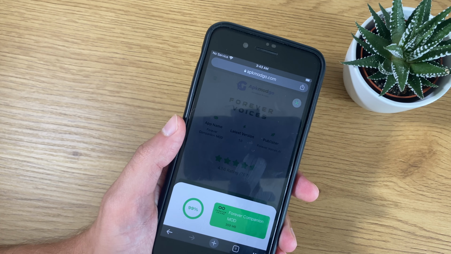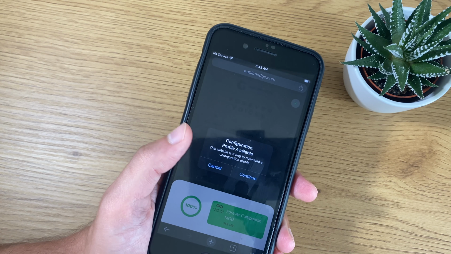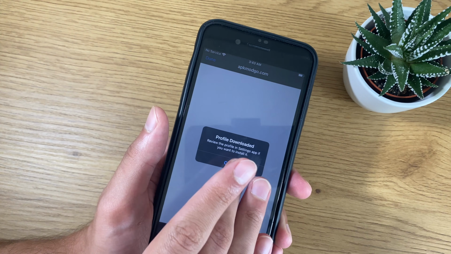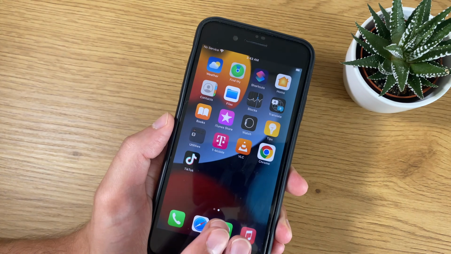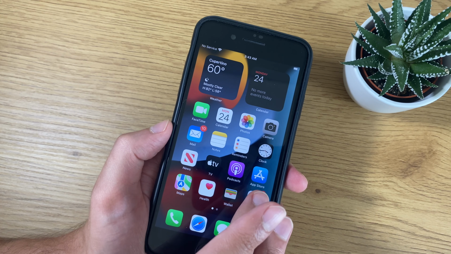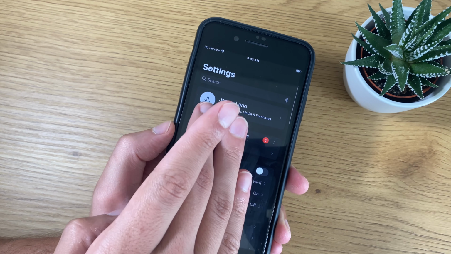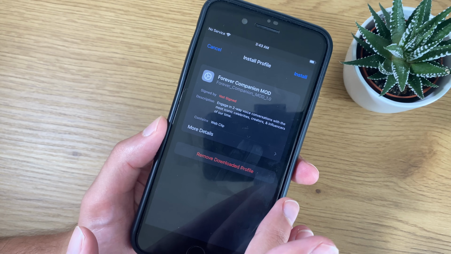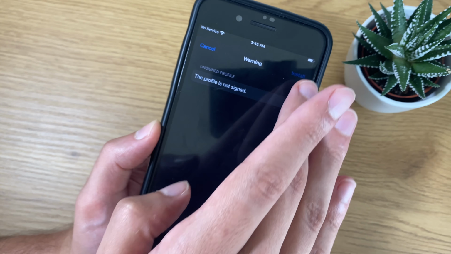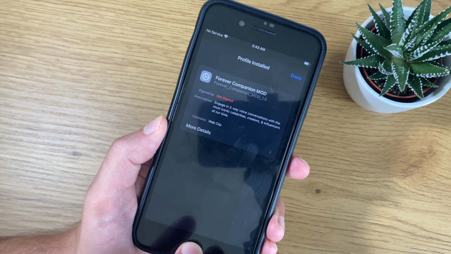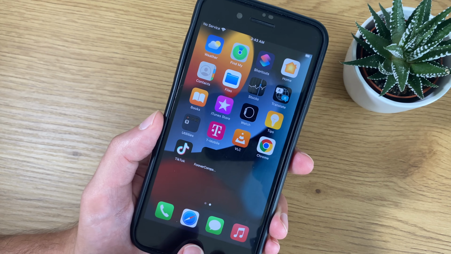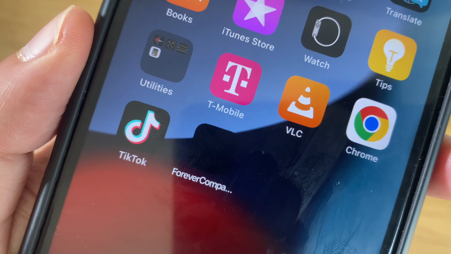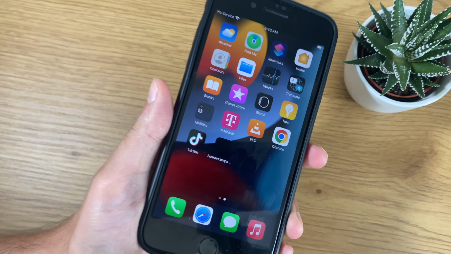If you have an iPhone device, you should see a notification popping up saying configuration profile available. Just simply press allow here, and then what you have to do is go to your device settings. Right under your Apple ID, you should see this profile downloaded here. Tap on it, and then at the top right corner you tap install. Now when you come back to the home screen, you'll see the Forever Companion app right here. This is the one you have to open,